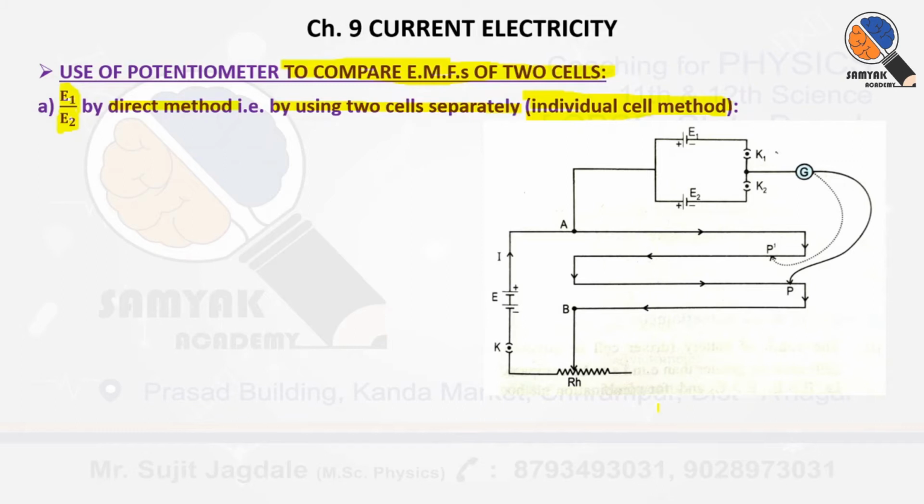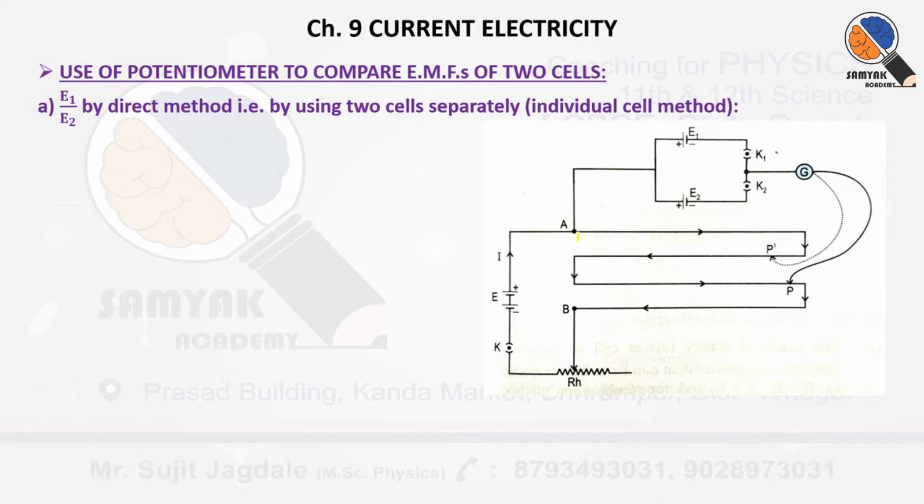So here we have used the ideal experimental purpose potentiometer having the length 4 meter. So you can see it is separated in 4 segments. One, then here it is bended, second segment, again third segment and fourth segment. So here 4 segments are there, each having 1 meter length. So 4 into 1, 4 meter. So total length is 4 meter of that potentiometer wire. So here AB is the uniform potentiometer wire whose length is, what is that length? It is the 4 meter.